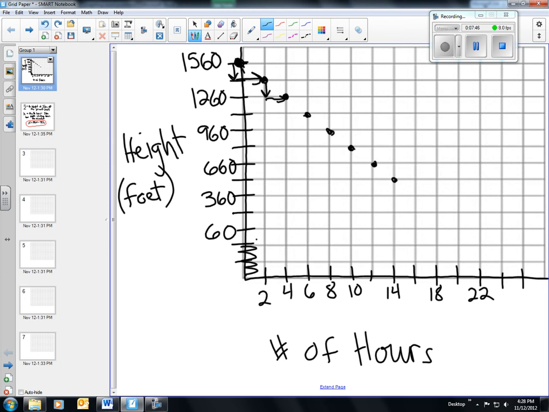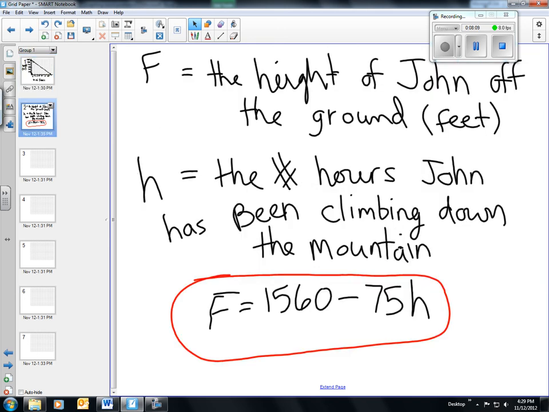Or we keep drawing arrows to go down and then over, down and over. And then our constant rate would look like this. And we just connect the dots with a solid line. And again, this would be our graph for part B, for the height of the mountain. Okay? And then we could use this if we wanted to. We could keep going all the way down to 0. We wouldn't have to. There's enough information here to determine all the information that we were given in the equation